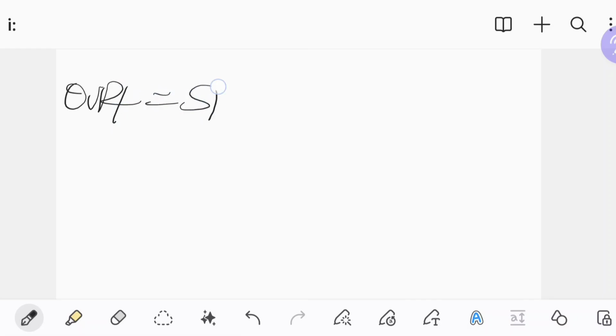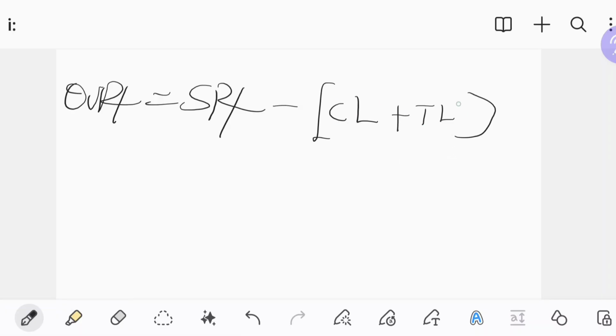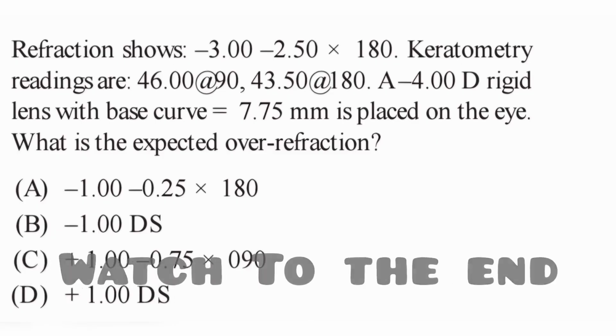Over-refraction equals the prescription. You always take the spherical part minus, in brackets, your contact lens, and you also have to consider your tear lens. For you to know, the tear lens is always added to the contact lens. So for you to get your tear lens, you have to minus the flatter meridian from the base curve. So if the base curve is not given in diopters, you have